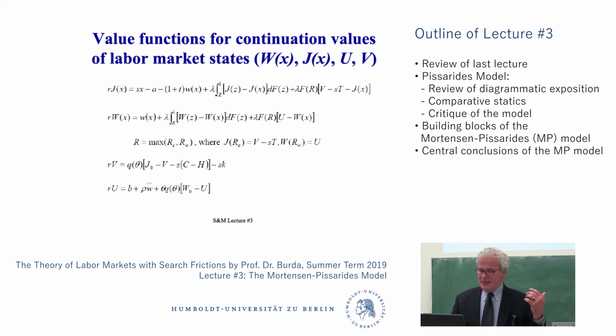And you can see what's going to determine that. For existing matches, what's going to matter is when the worker's value of employment is very close to U, we hang it up. So remember what I said before: W is an increasing function of X. The higher X is, the more there is to share, and the lower X is, the less we have to share. At some point, X is so low that it's at U, and I'm just miserable. It makes sense from the firm's perspective as well, but of course from my perspective, I would never take a job that offered me less value than the value of unemployment.